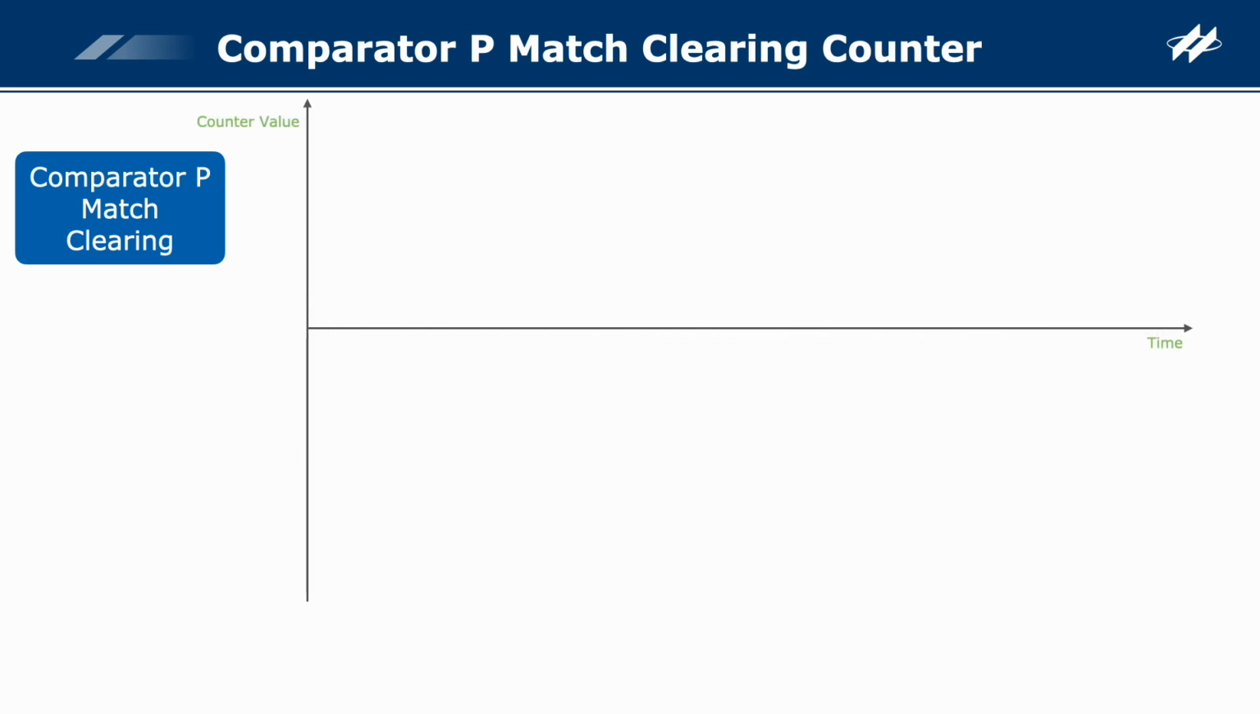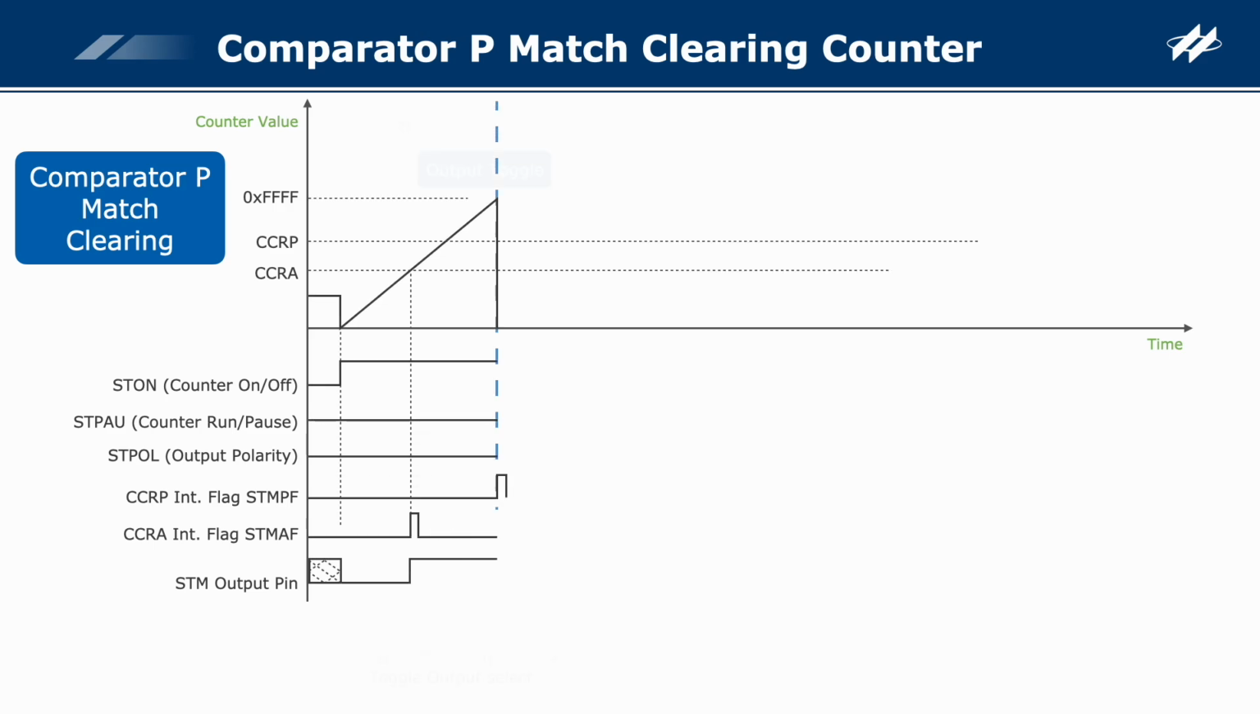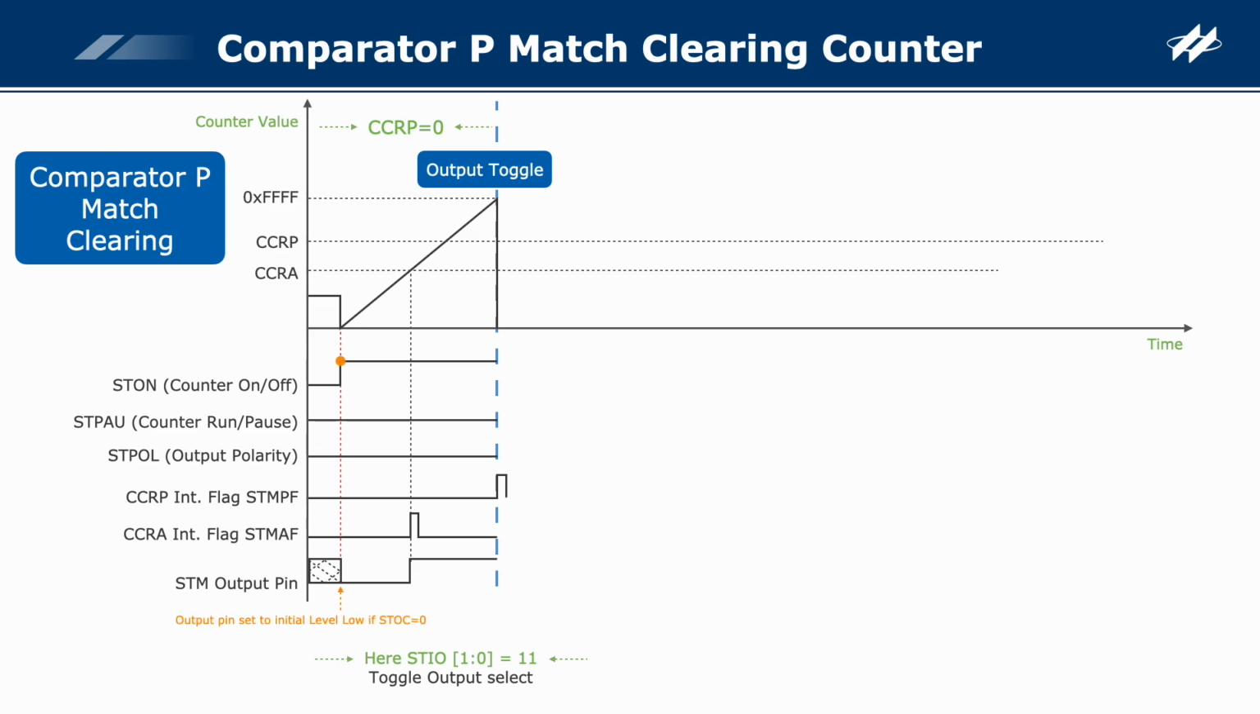Next, we use a timing diagram to help understand the operating process of comparator P-match clear. The x-axis is time, and the y-axis is counter value. The current CCRP preset value is 0, that is, the clear condition is a counter overflow. The STIO1 and STIO0 bits are set to 1-1, that is, when a comparator A match occurs, the external pin state will be toggled. After an STON rising edge occurs, the counter will be cleared and start timing, with an